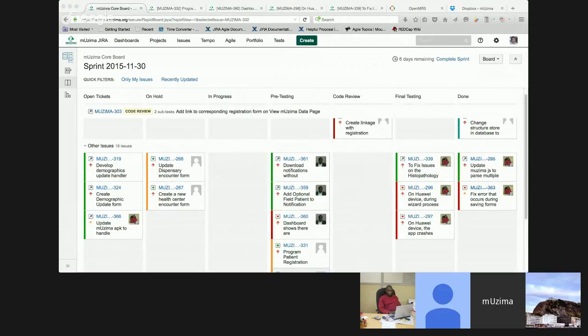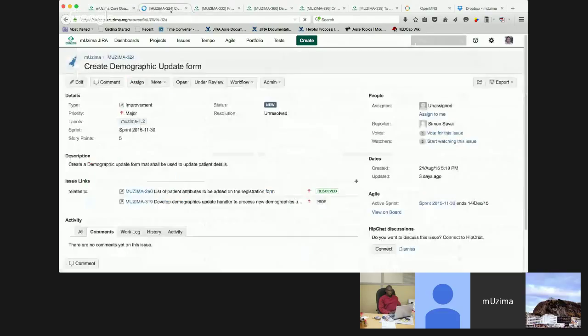The next item is about the demographic updates from design discussions. I think we talked about it very briefly before. Basically, the need for these three tickets is that for a new patient, it's easy to fill out a new registration form for the new client.